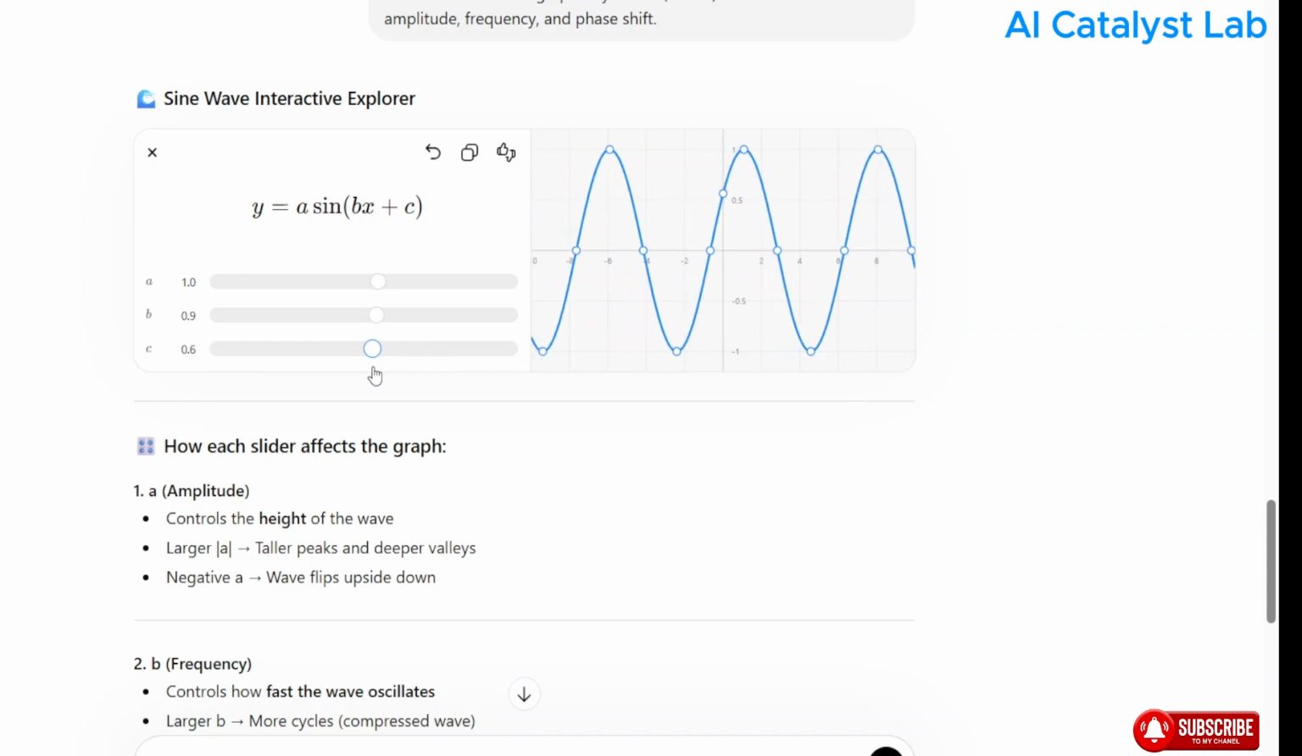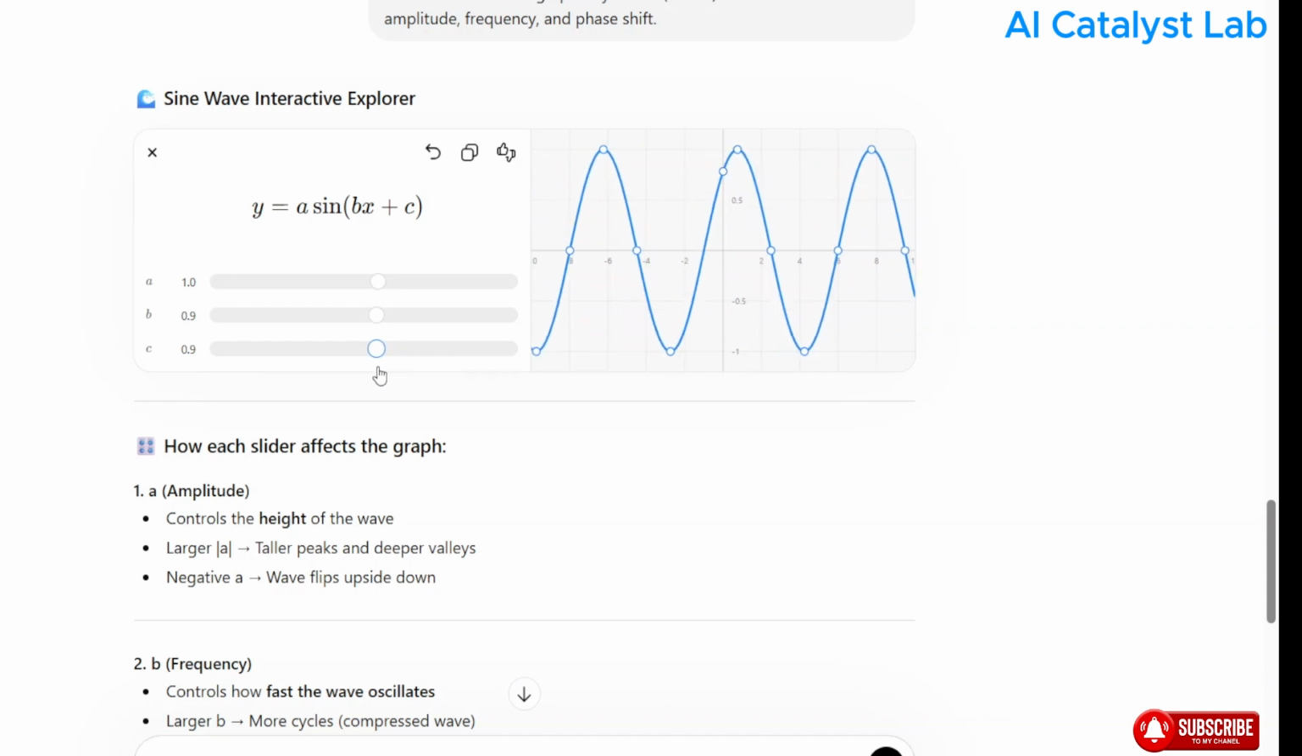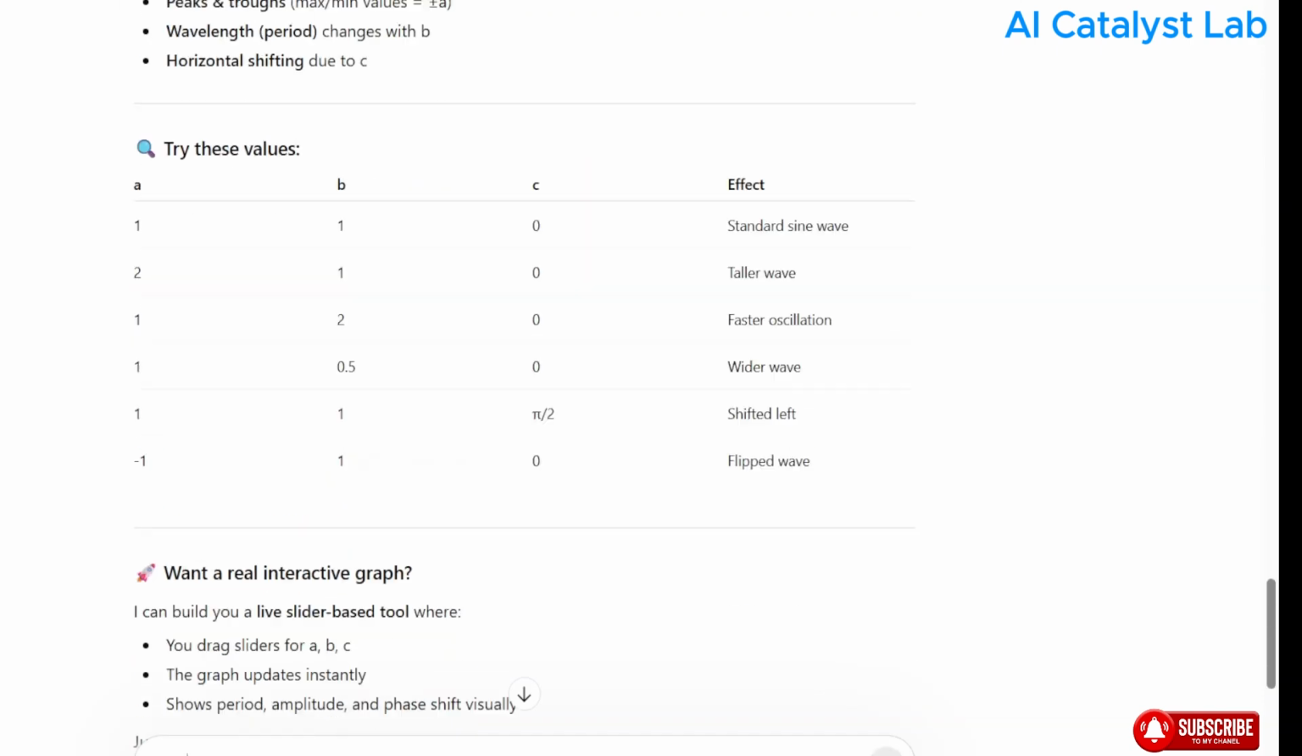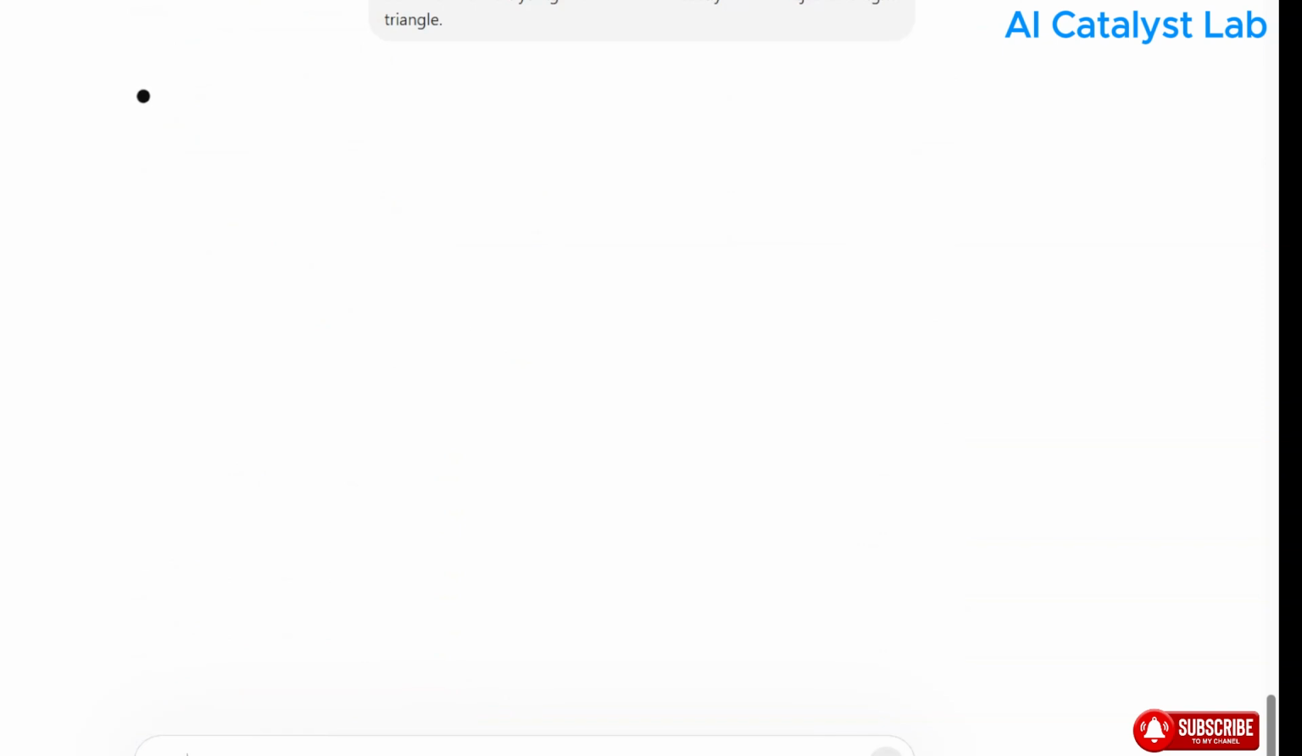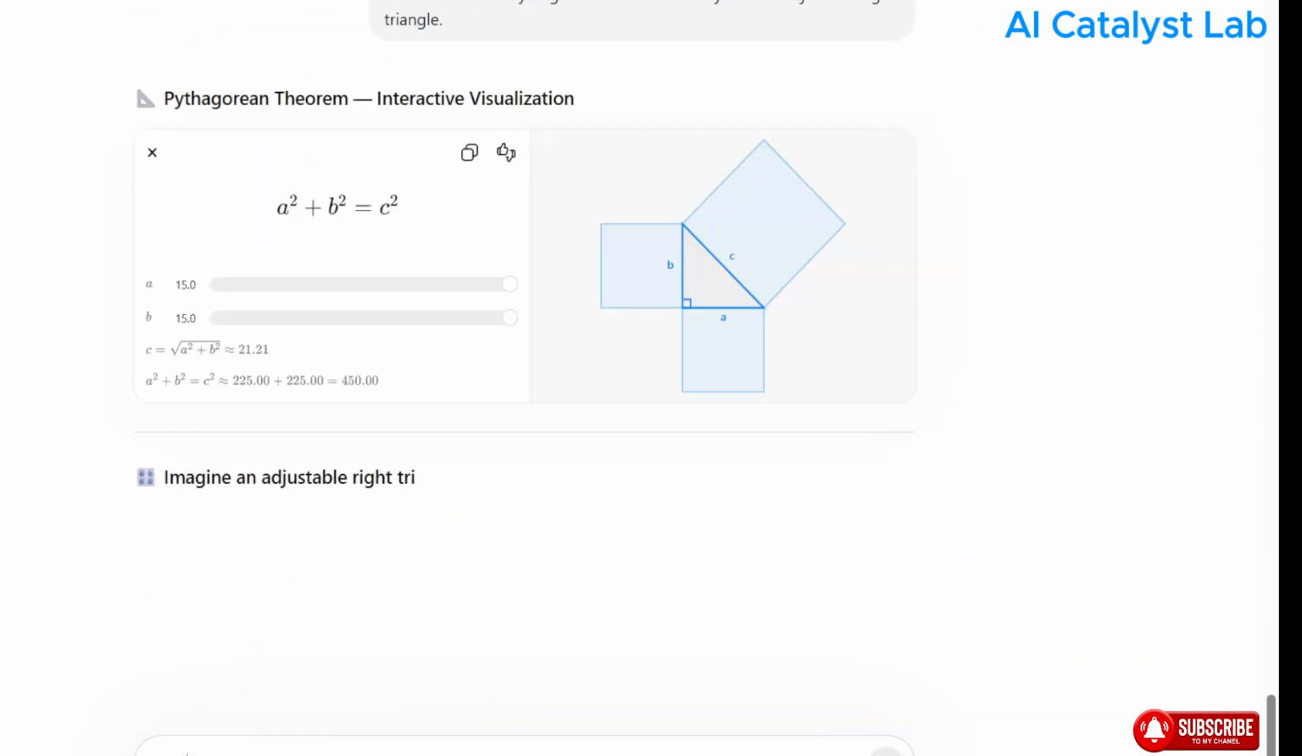So this is a complete graphical view of the sine wave that you can interact with by changing the different values of this equation. We will move to the next equation, or the next topic, and that is